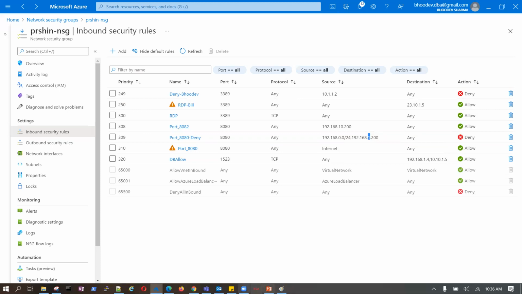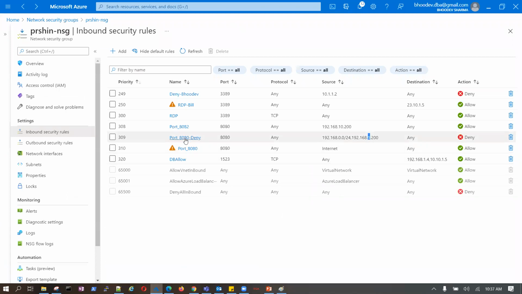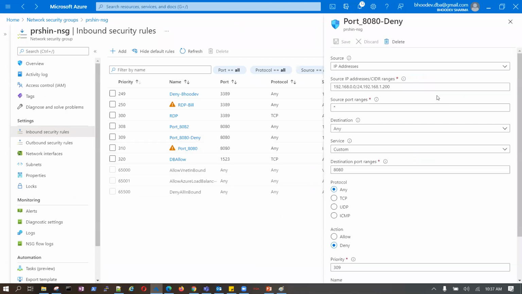Now look, I will take another example. Let's say this is my 0. Is that clear? 192.168.0.200. I want to do the same thing. So we can just remove this entry.